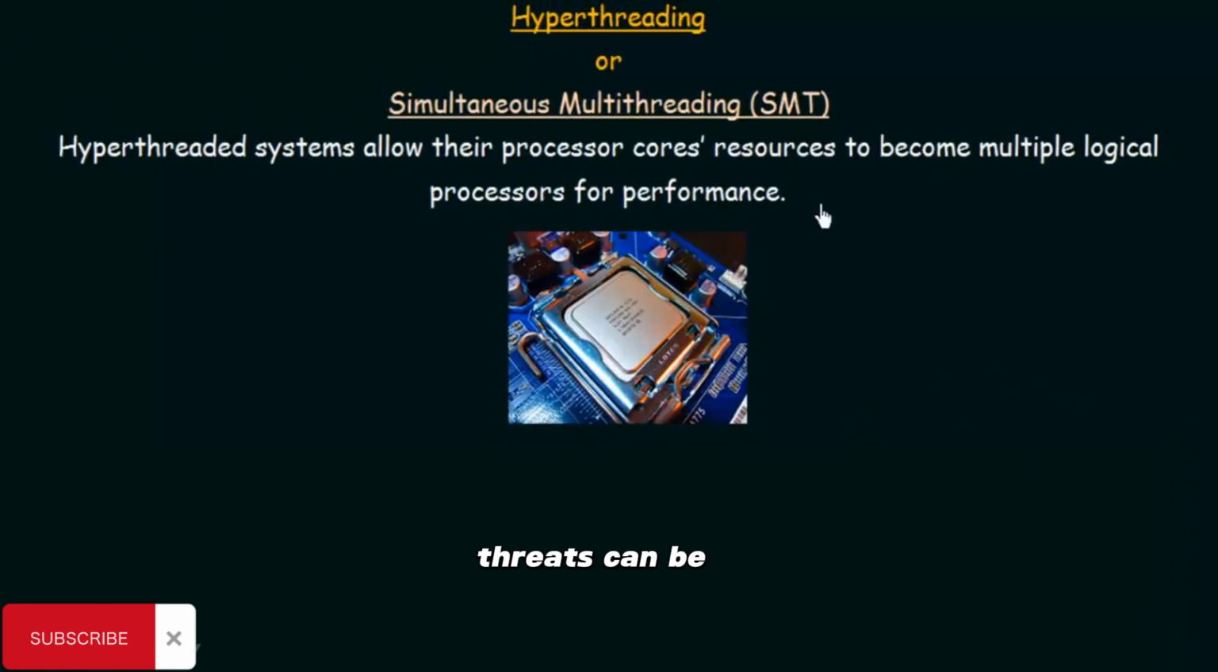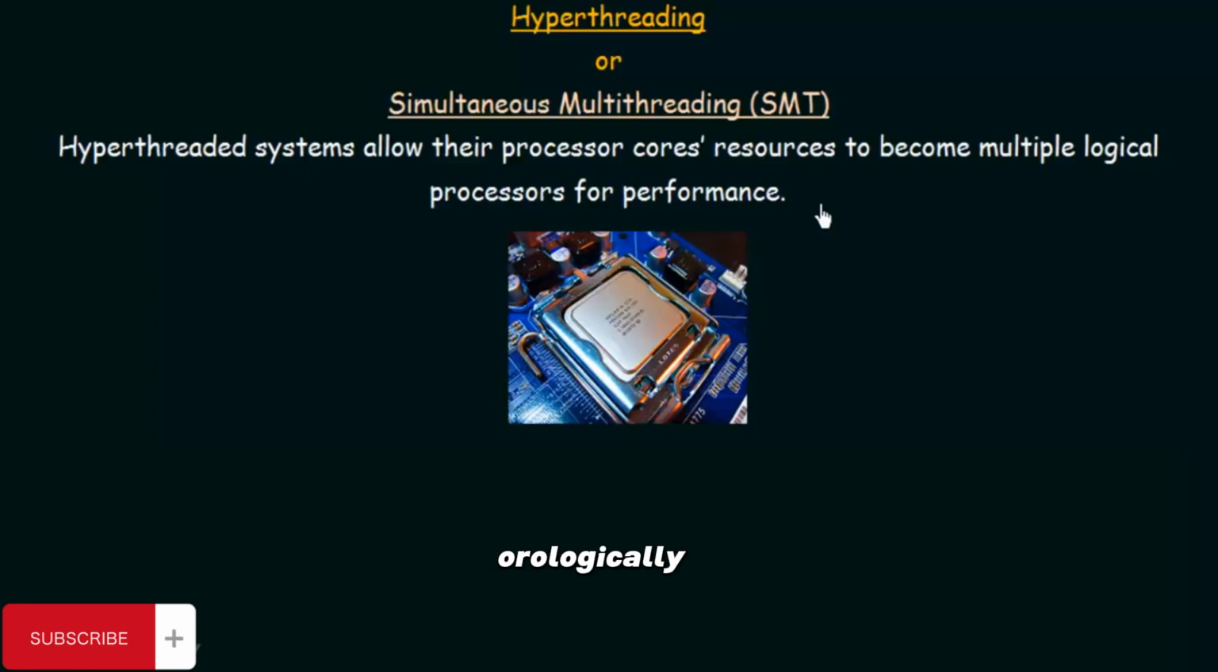That means 4 threads can be supported at the same time. So physically, depending upon the number of cores you have, that many threads it will support at one time. So in this hyper-threading or simultaneous multi-threading, what happens is that the physical cores of your processors